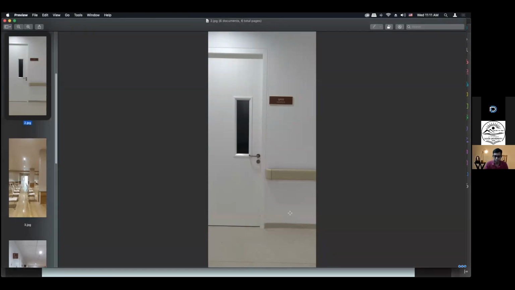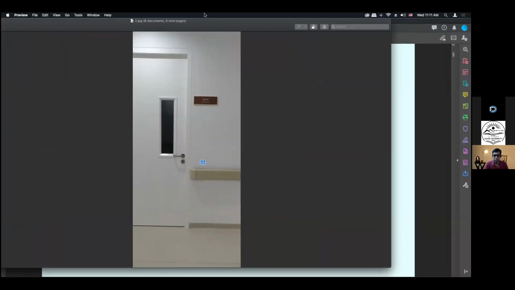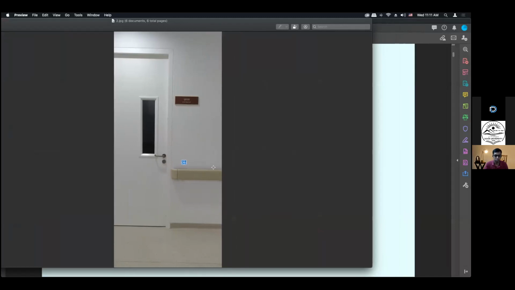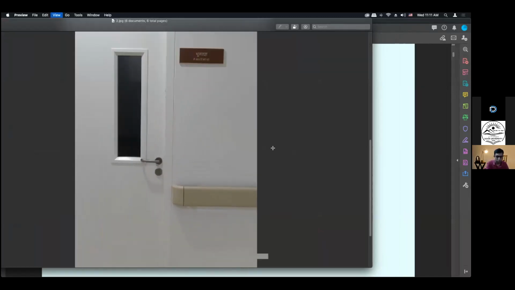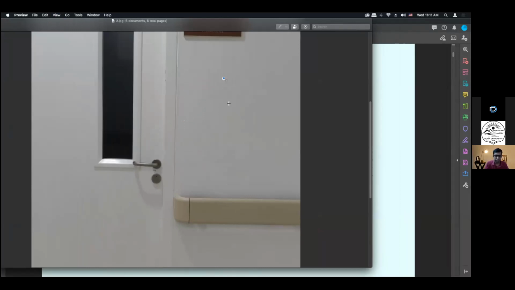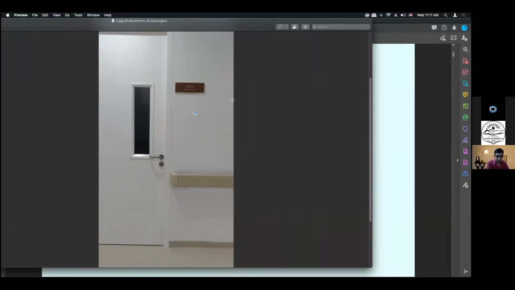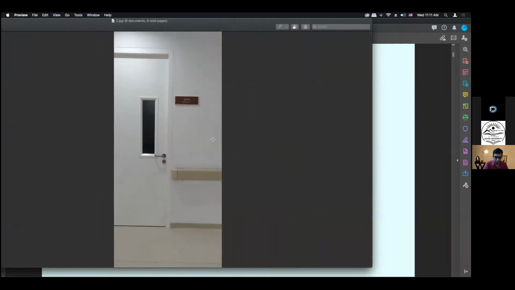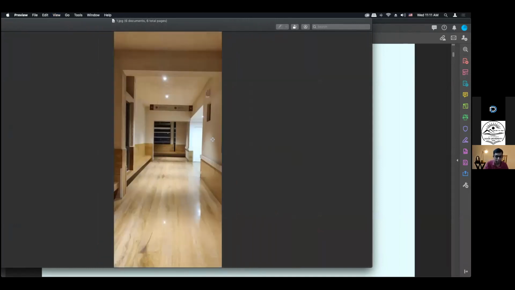Like if you see this, yeah, these photos are the only things I have because the project is still not completely out. So this is one of the signs outside the anesthetist door. The hospital has not completely begun yet. So this is another sign. There's a hanging sign.